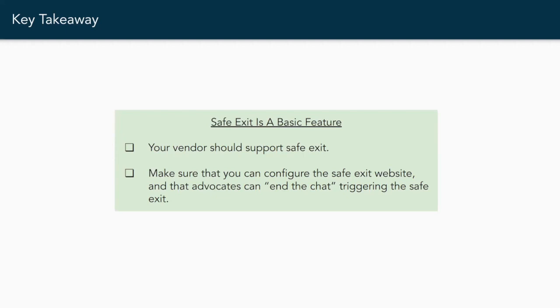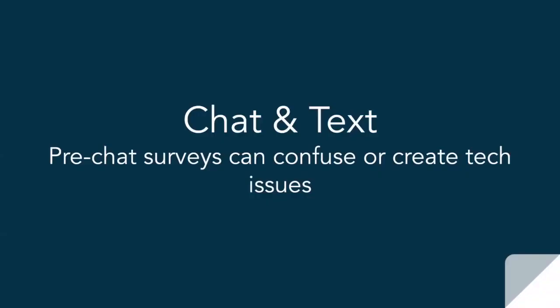A lot of the time, chat features should also include a safe exit. We recommend also making sure that the advocate can click the safe exit button, or enact a safe exit feature, just in case the survivor needs to be away from their computer, is unable to continue the chat, or just walks away from their computer and forgets about it. The advocate can trigger the safe exit as well, so that it doesn't show up on the survivor's screen when they're not at the computer. They need it to not show up.